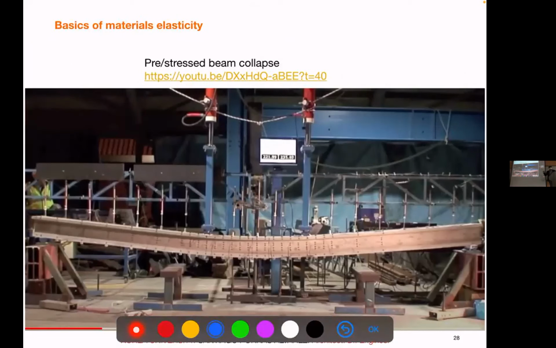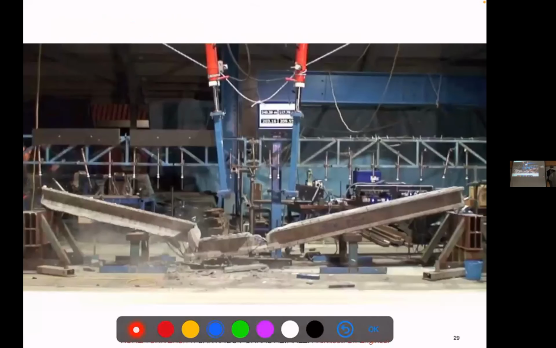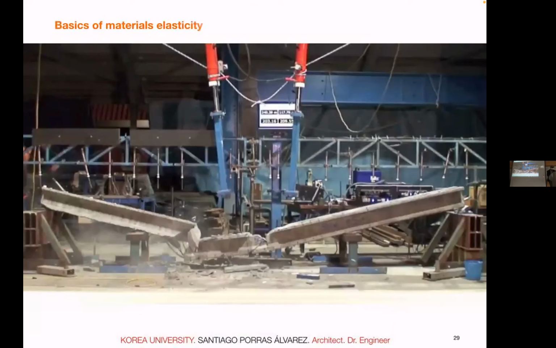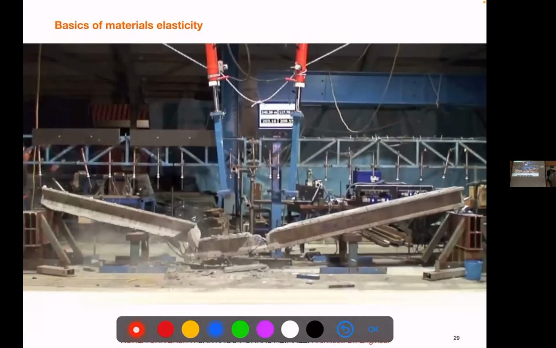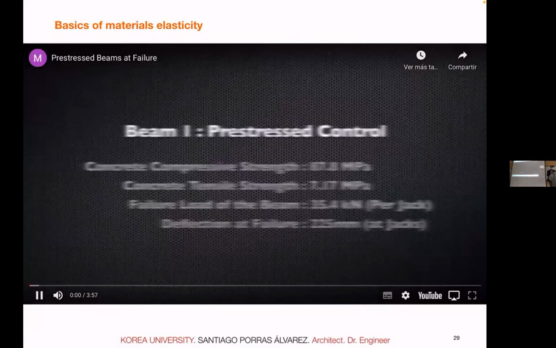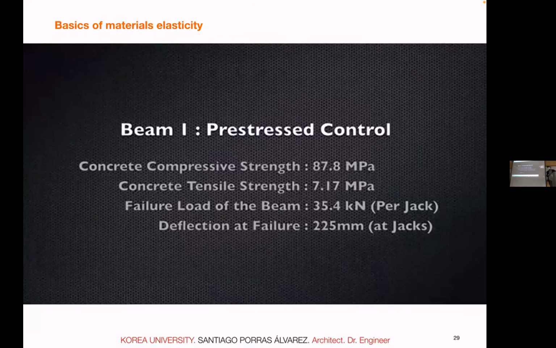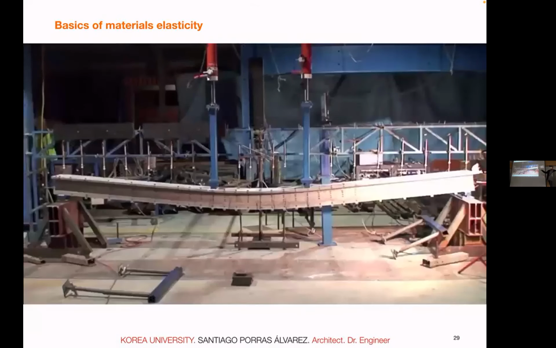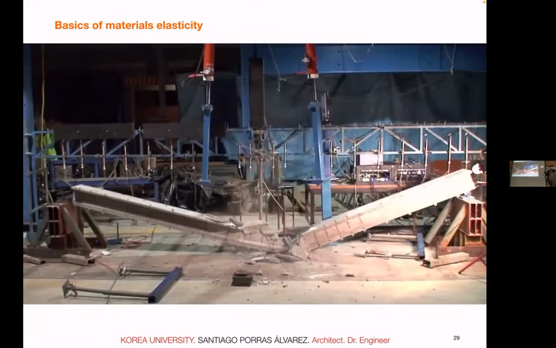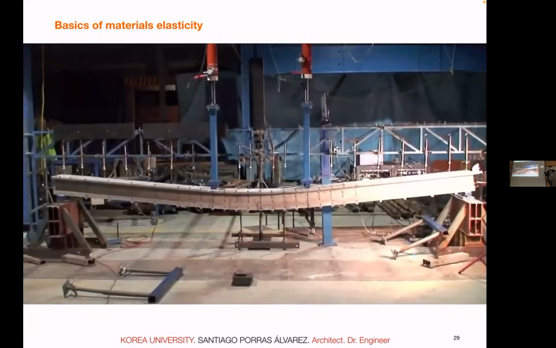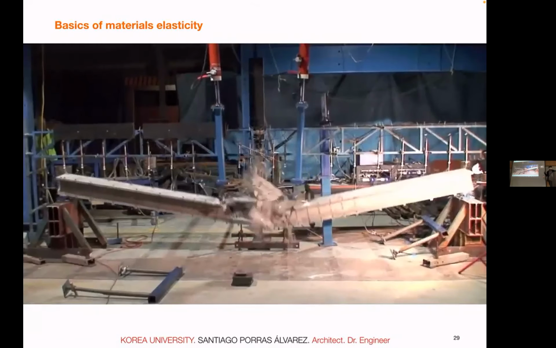You saw the collapse of that normal beam. Let's see how one of those collapses. Well, the photo says a lot. Here we are lucky we don't have sound because this is really noisy background music. So they did many trials, but you can see pre-stress being really strong. It's very hard to break. But the collapse is really explosive, right? You can see it in slow motion.